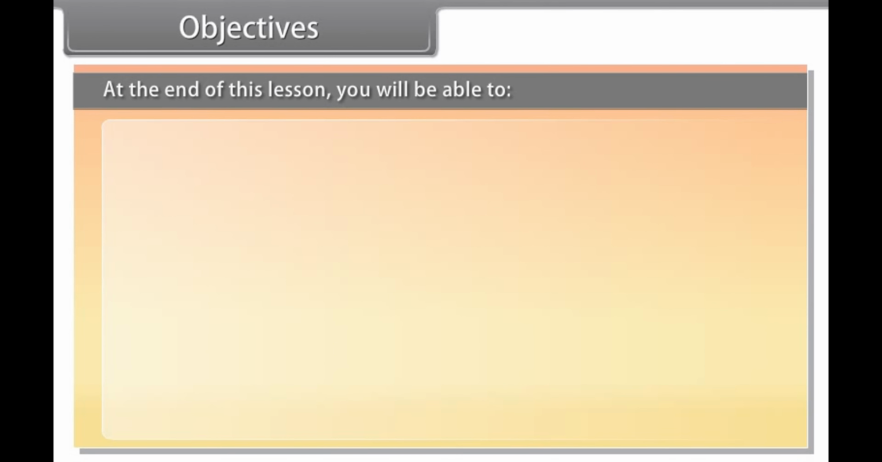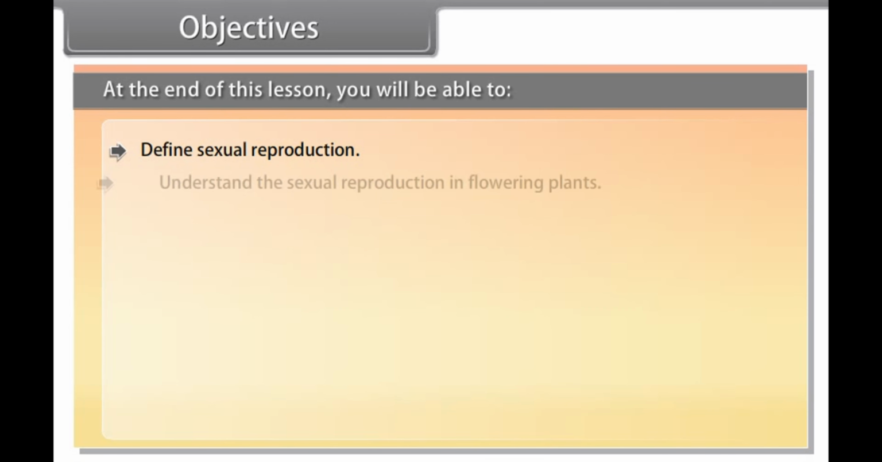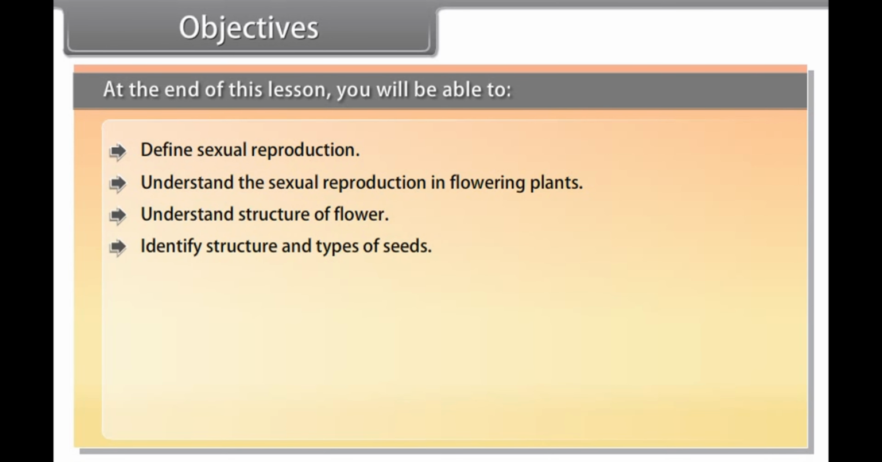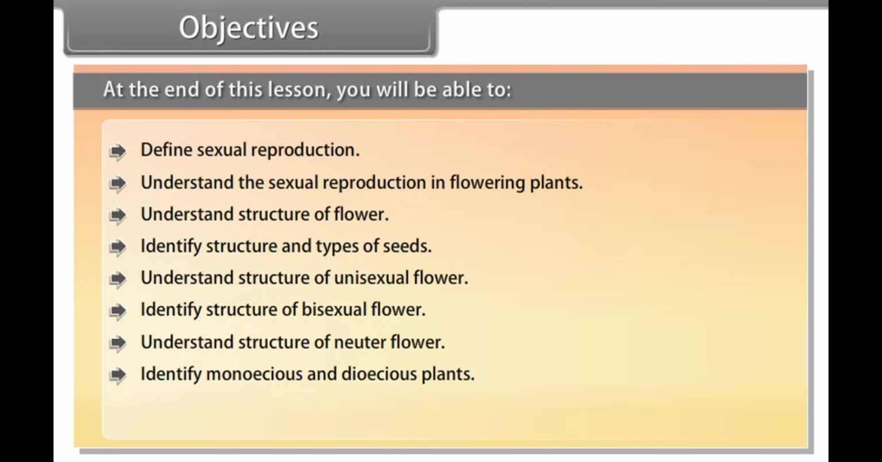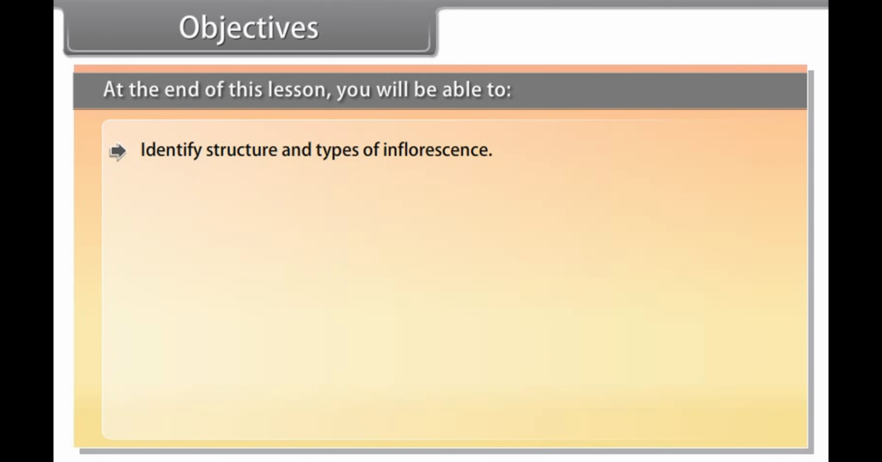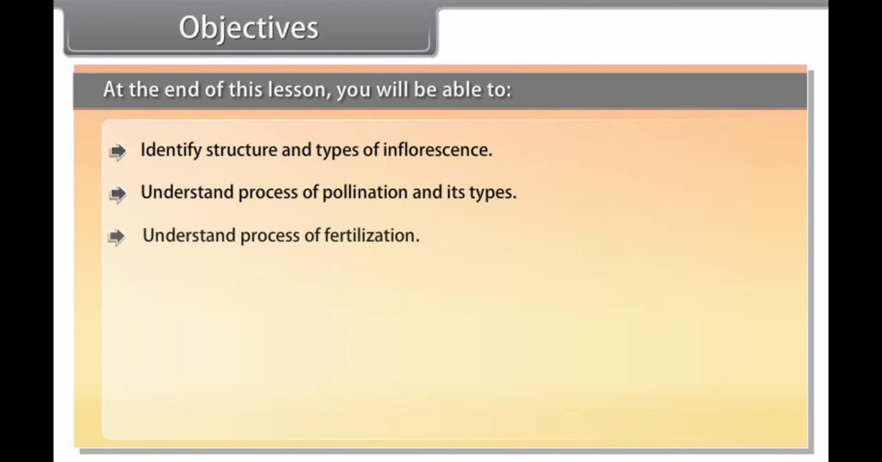Objectives. At the end of this lesson, you'll be able to define sexual reproduction, understand the sexual reproduction in flowering plants, understand structure of flower, identify structure and types of seeds, understand structure of unisexual flower, identify structure of bisexual flower, understand structure of neuter flower, identify monoecious and dioecious plants, understand functions of flower, identify structure and types of inflorescence, understand process of pollination and its types, understand process of fertilization, identify structure of ovule,